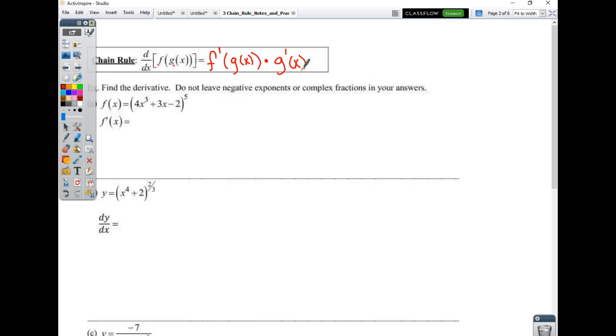So if I look at this next piece, what is the outer piece? What is the inner piece? So, derivative of the outer piece, 5 times something to the 4th. What was that something? Times